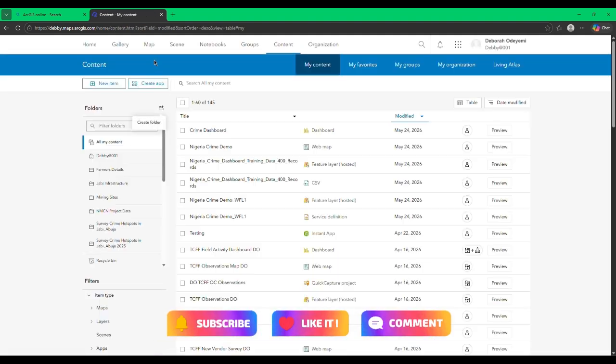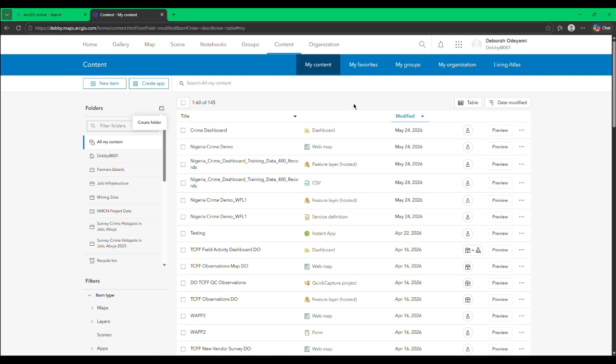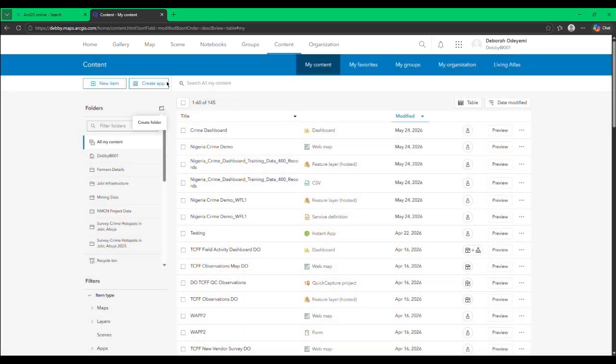So in our content, we have everything we've worked on, and now we're going to create our dashboard. So we have two different ways of creating a new dashboard. Either we create it from an existing web map, or we create it from an app launcher. So we can create it from this app launcher by clicking on this app launcher here and selecting our dashboards, or creating an app